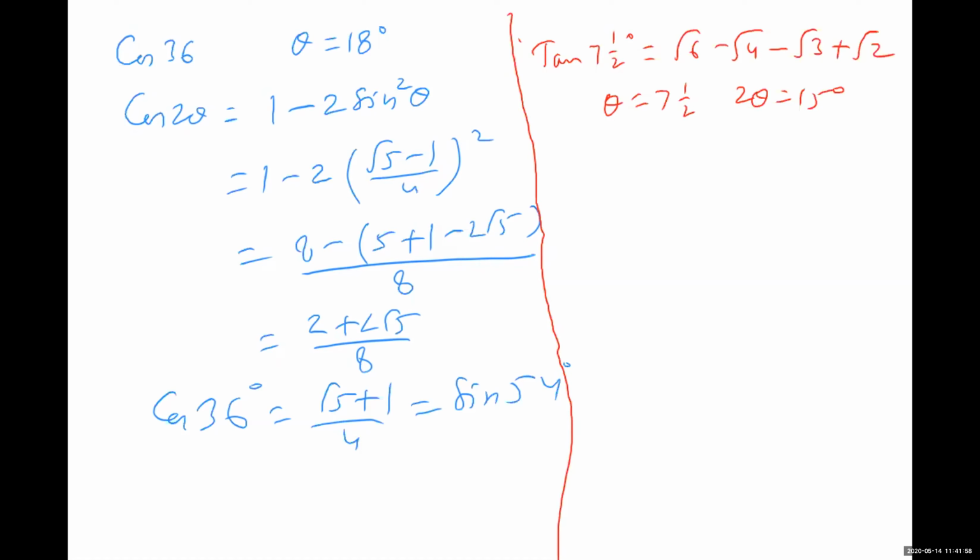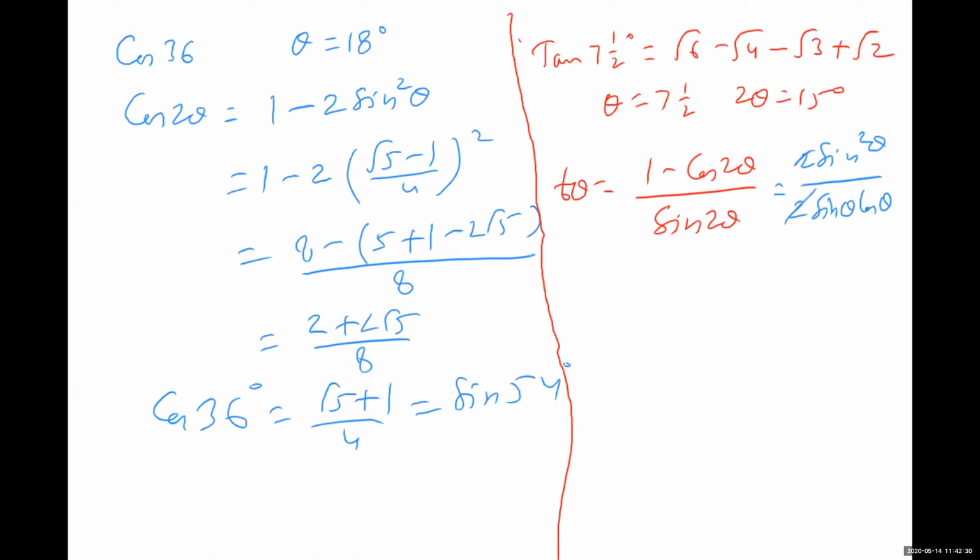Yes. So that is the tan formula only. Okay. So tan theta is equal to 1 minus cos 2 theta upon sin 2 theta. Because 1 minus cos 2 theta will be 2 sin square theta, and sin 2 theta is 2 sin theta cos theta. If you observe here, this is nothing but 2 sin square theta, and this is 2 sin theta cos theta. See, remembering formula is very important. So sin theta upon cos theta is tan theta.